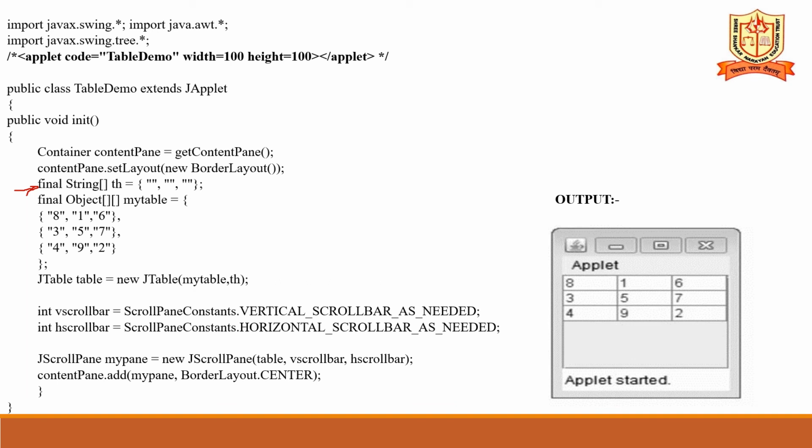Here we will see the example of JTable. In this, first create the object of the JTable having the arguments, that is data and the column names. And after creating the JTable, add this JTable object to the scroll pane and add this scroll pane object to the content pane.